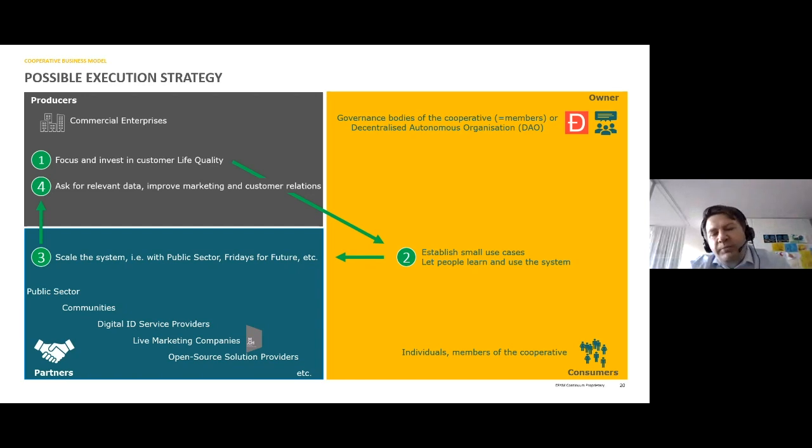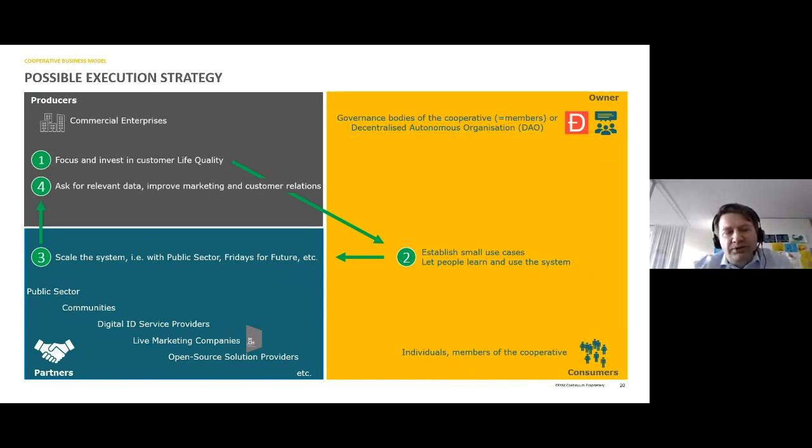You have also different interpretations on the market for the quality of life. And then in the third step, you would scale the system, for example, with the public sector, maybe Fridays for Future, the environmental movement. And then in the last step, as soon as the structure is established on the market, ask for relevant data. So could I have your DNA sequence in order to improve my marketing, in order to design private individual medicine, avoid side effects and improve customer relationship. It's an ideal